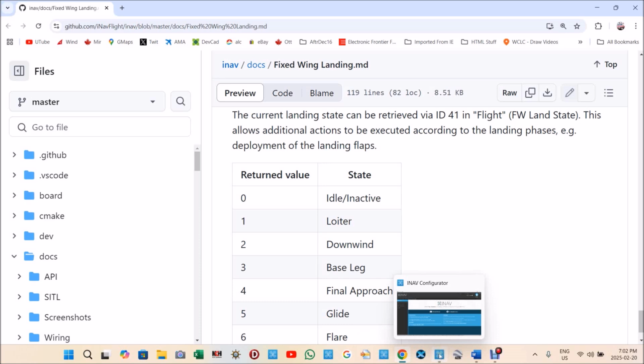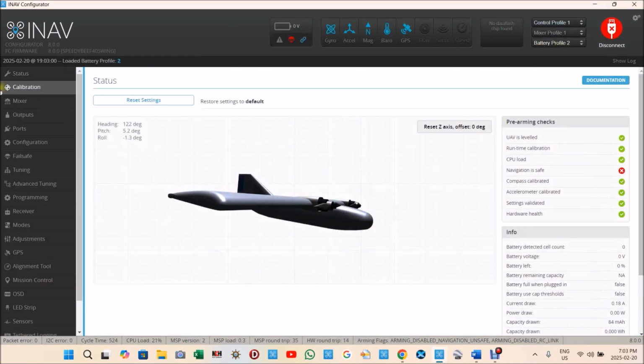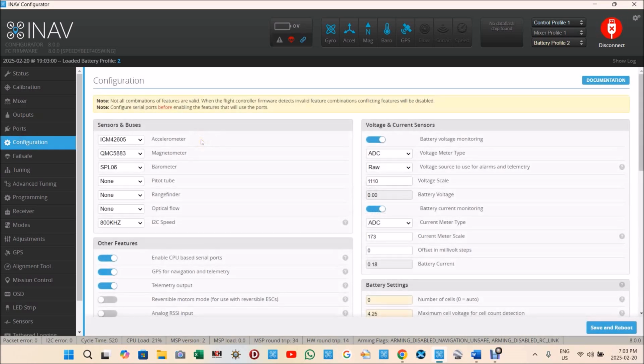Okay, well, let's get right into the settings. So connect to the flight controller. And the first section that is really important is in the config. We'll go to config right away. I assume you've got your plane all set up and it's flying nicely. It flies by itself. It'll return to home okay. It'll loiter properly around the home position, etc. So in the config,